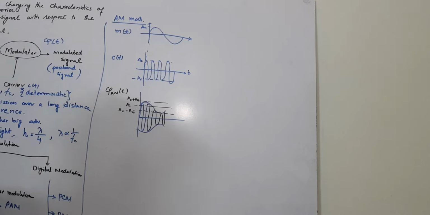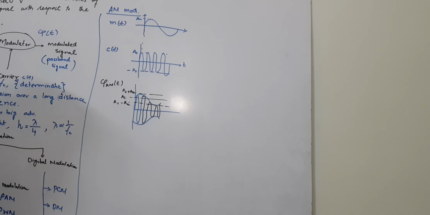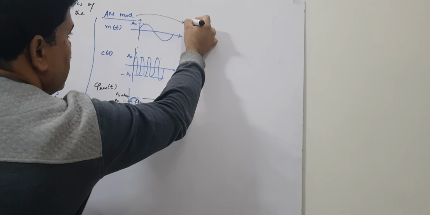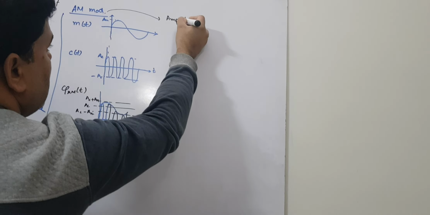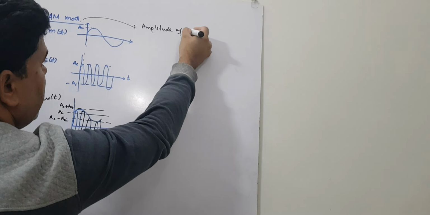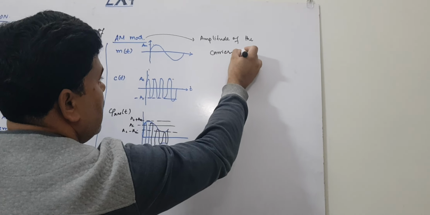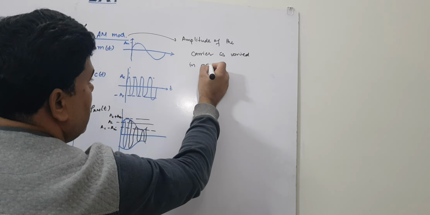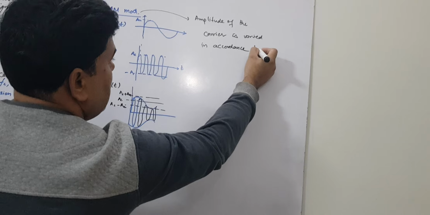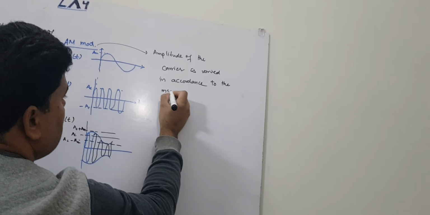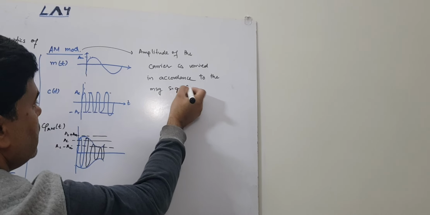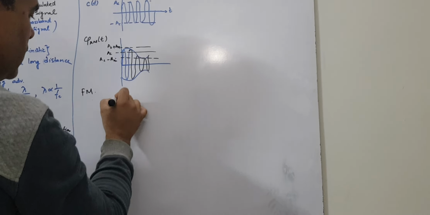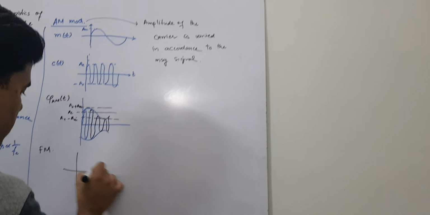amplitude modulator signal. So similarly about the frequency modulator signal, here you can say if it is amplitude modulation, it means that the amplitude of the carrier is varied in accordance to the message signal. So similarly about the FM, if you have FM signal, then in case of FM, so you can